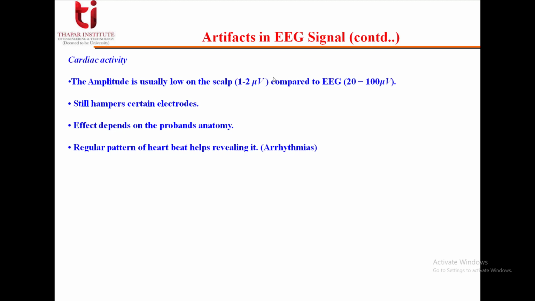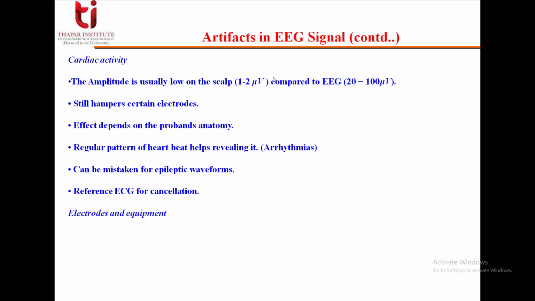A regular pattern of heartbeat helps reveal it. We can call it arrhythmias. It can be mistaken for epileptic waveforms, and there can be a reference ECG we can use for cancellation of these cardiac activities.